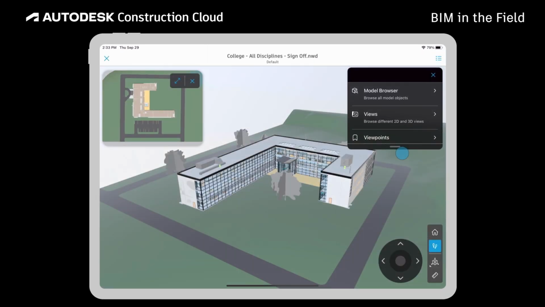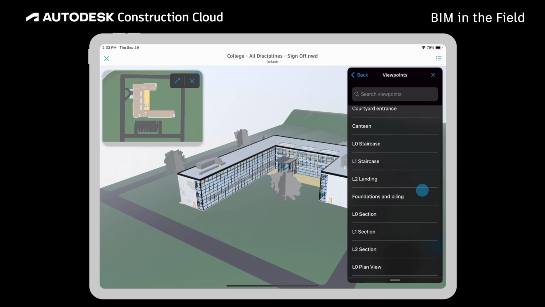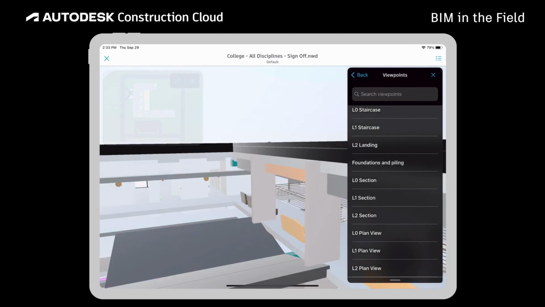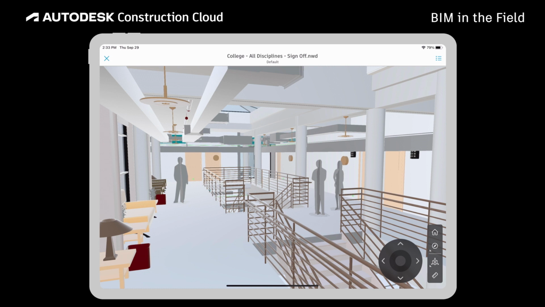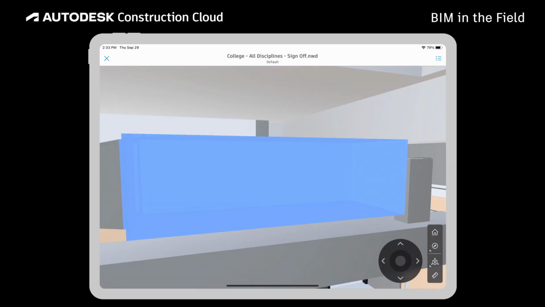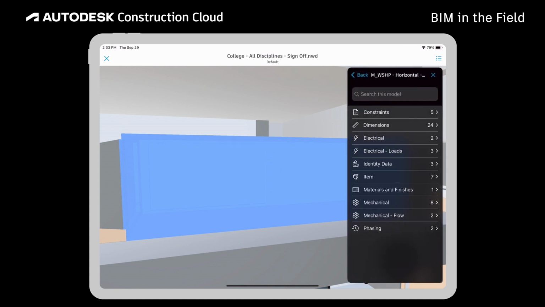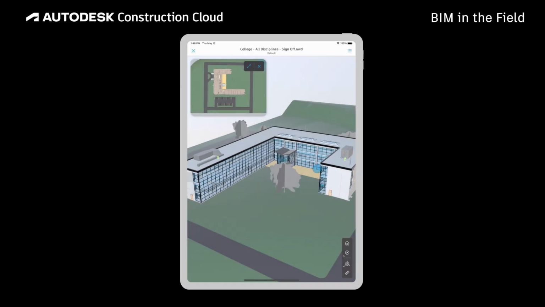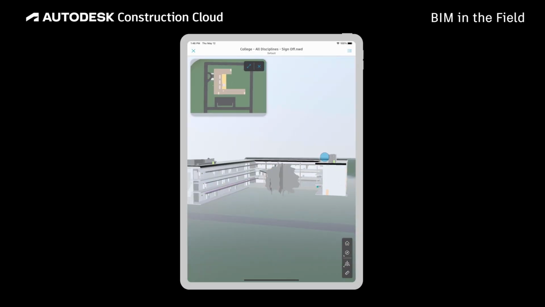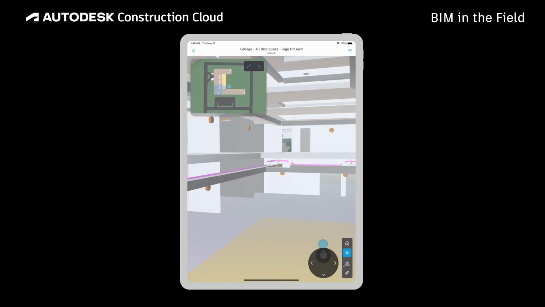Viewpoints with custom elements and camera angles can be created in Navisworks to direct workers on-site to specific points of interest. Once the model is opened, users can easily navigate throughout the model to better visualize design intent and find relevant installation information quickly. Orbit around the model by swiping a finger on the screen, or use the joystick to